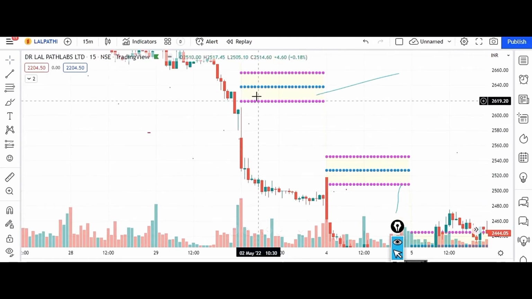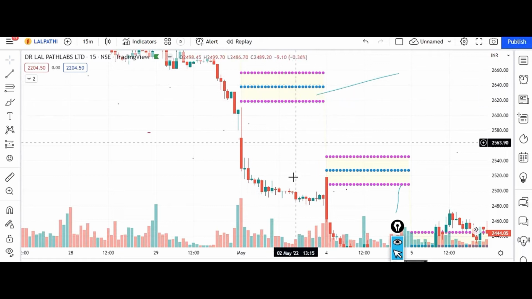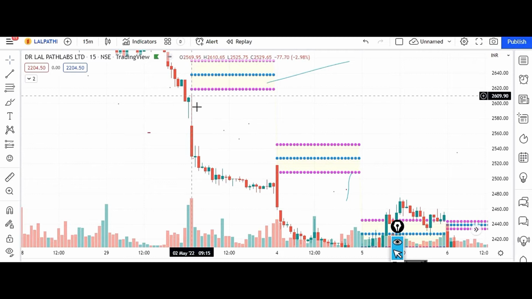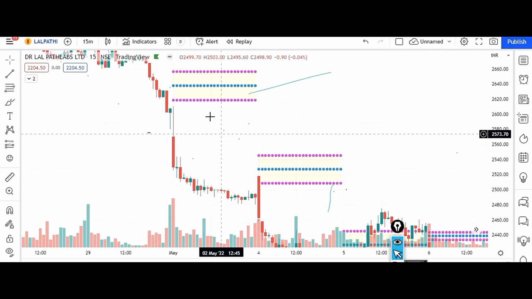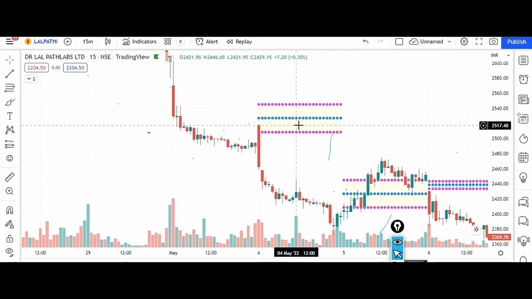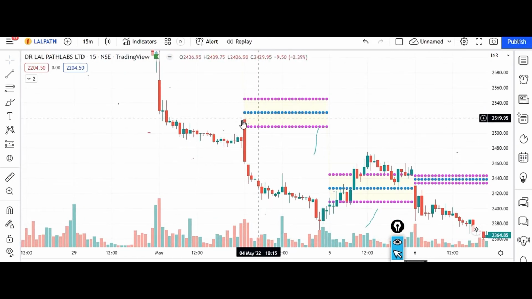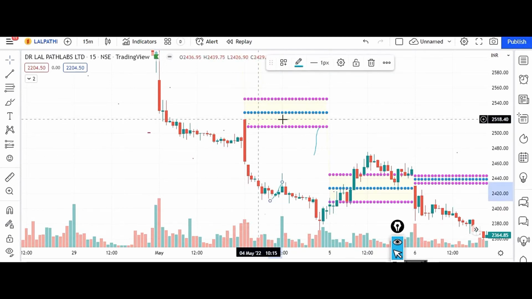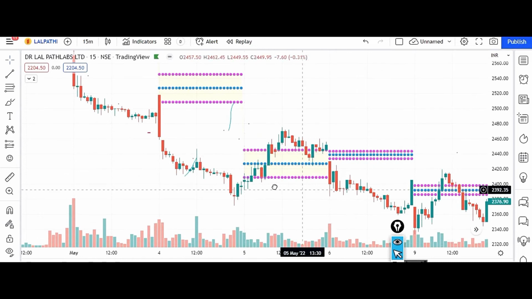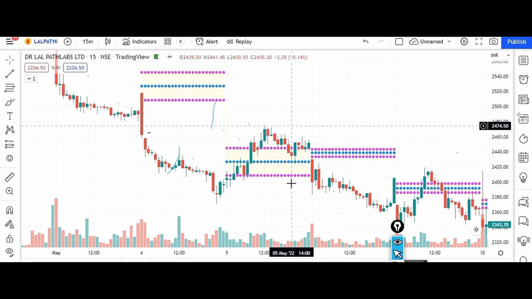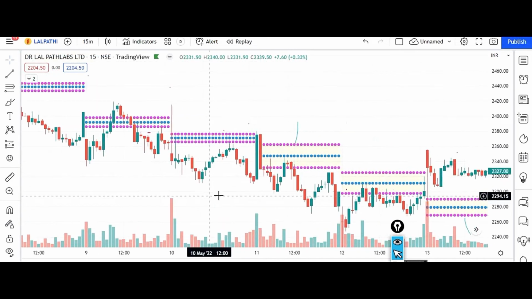This is also wide CPR, but even though we don't take entries means away from the CPR. If the price touches the CPR, then only we take entries. This touches the CPR, so this is the wide CPR, so you take an entry. This is the result. If you can't take this much risk, you can avoid this trade. This is wide CPR. Very rare case it happens. You see, this is wide CPR. Very rarely this breaches this level. Okay. You see here,